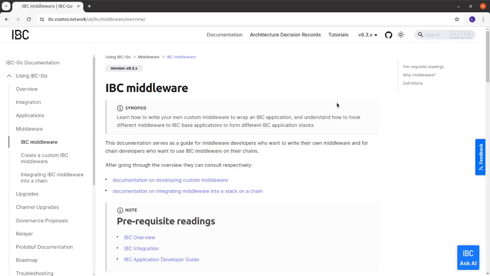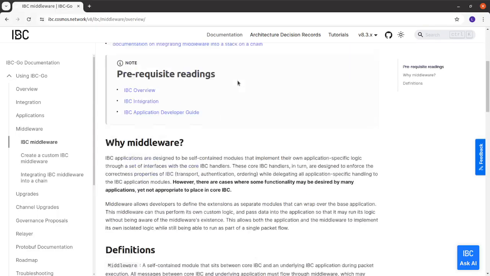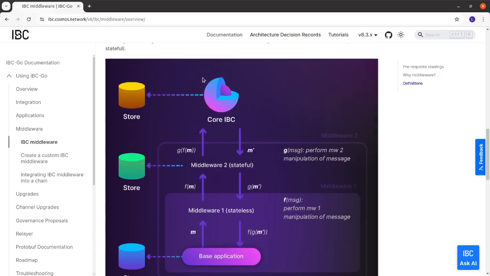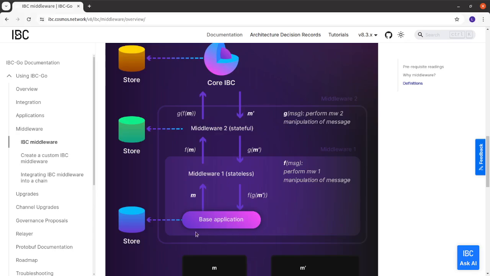To allow users from other chains to play our RPS game, that means using our RPS module, we'll have to implement an IBC middleware for our module. What this means is explained on this graph. This is how the architecture of IBC and an application looks like, and what the IBC middlewares are. So you have a core IBC here that we already implemented in our chain, and we have our base application. You can define many middlewares, either stateless or stateful middlewares,